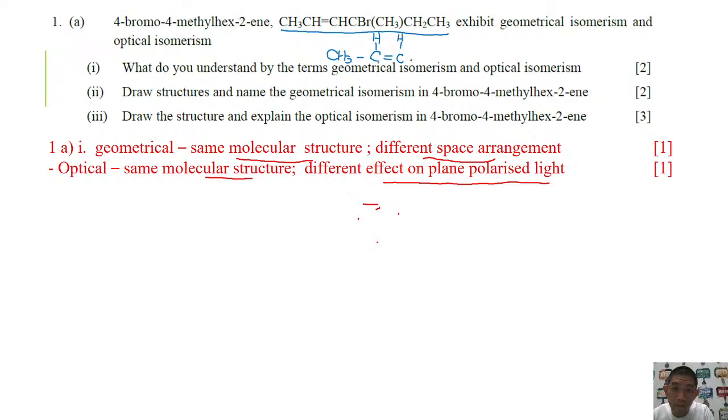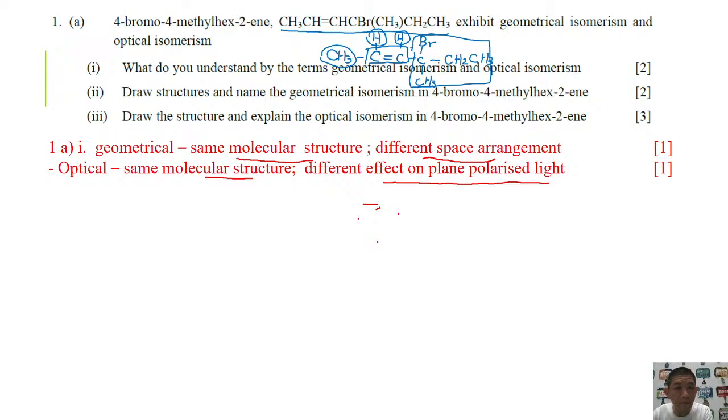CH, CBr, CH3, then you have CH2, CH3. So this is how the structure looks after you open it up. From here, you can see that this part of the carbons will exhibit geometrical isomerism because it has hydrogen and also CH3 behind here, which are two different groups of atoms, whereas this carbon has these two different groups of atoms in here. Okay, so you must be very good at